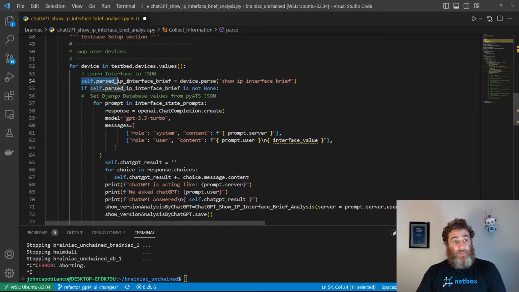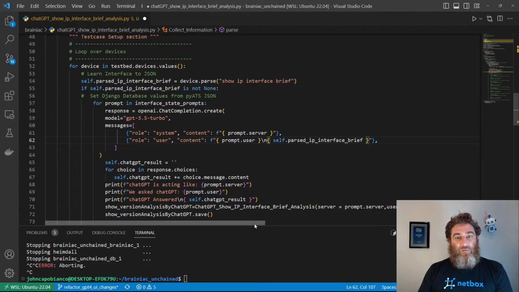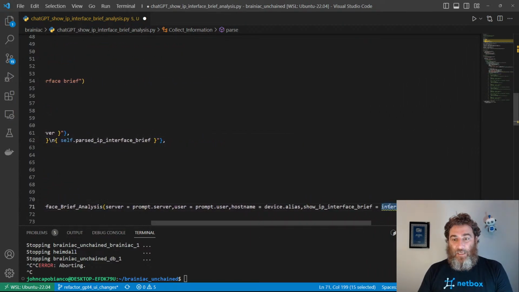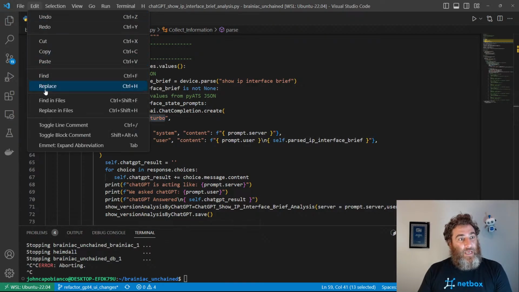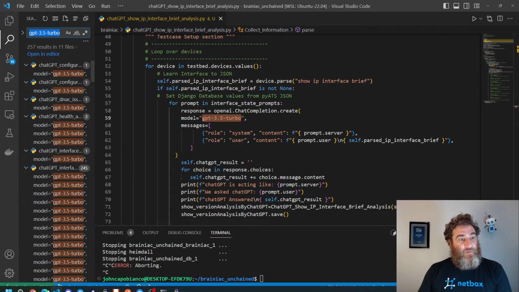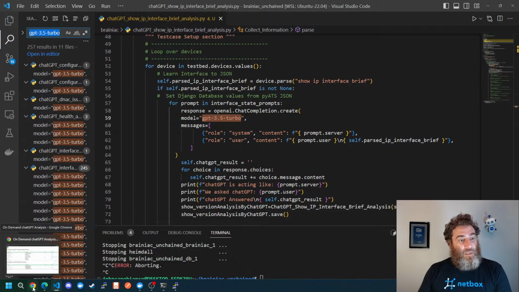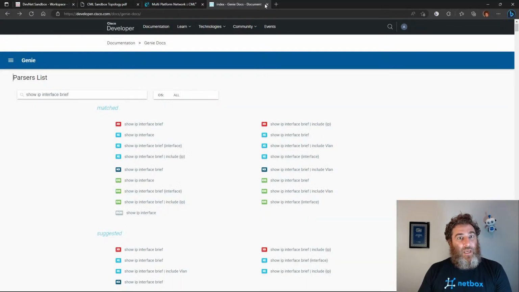and this actually is self. And I'll change the prompt before we run this to analyze the whole show IP interface brief. And then what I've got to write here is that. And while I'm in here, let's fix this. Let's change this. So we're going to edit, find in files, GPT-3.5 Turbo. And I'm going to quickly change